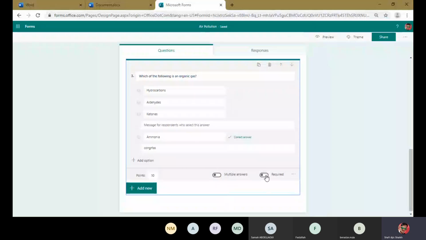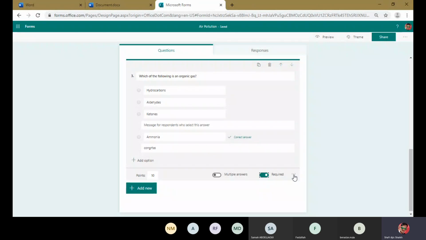If this question is compulsory, I will click this. When I click on required, the student will not be able to move to finish the test before completing this question. He or she must complete this question, then can submit the test.